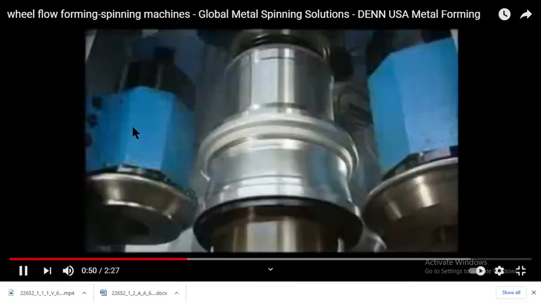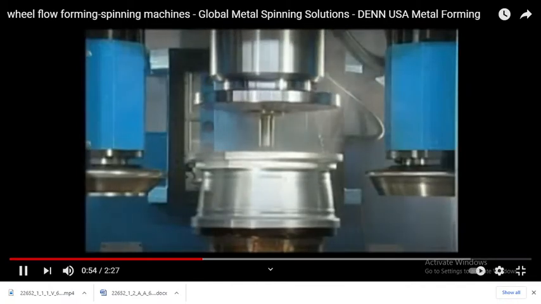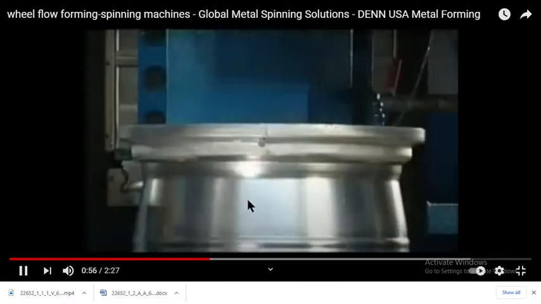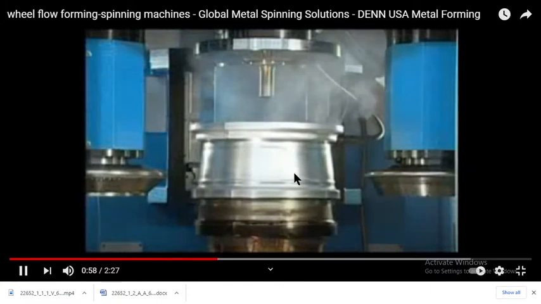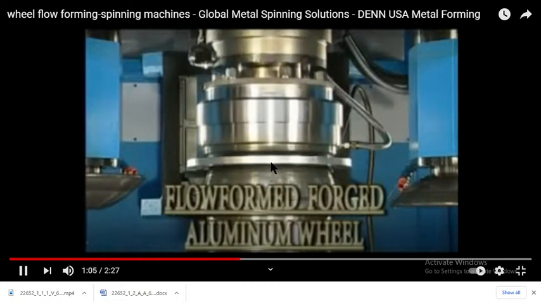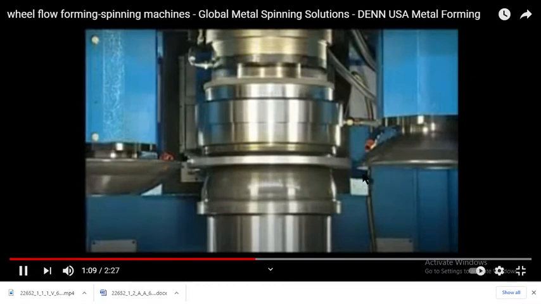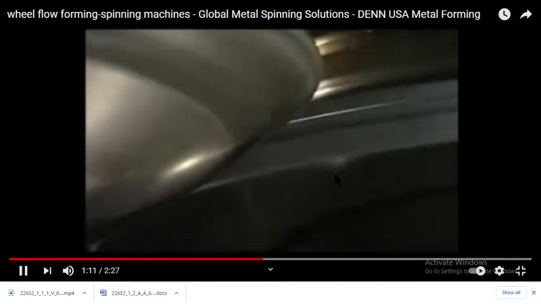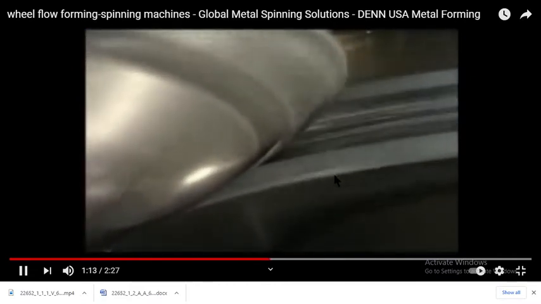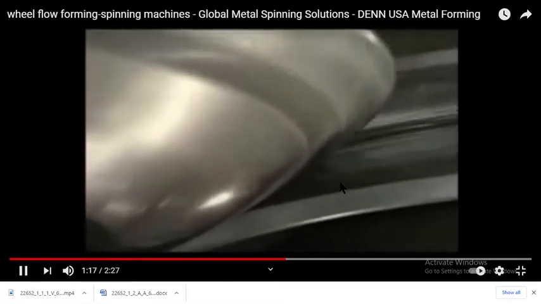Okay, providing the shape to the workpiece. Here this mandrel gets removed. Now we are going to remove the workpiece. This is the final worked workpiece here. This is the mandrel. It is going inside this workpiece and starts rotating the workpiece. Then the roller comes, and along with the rotation, they are providing the forward motion on the workpiece.